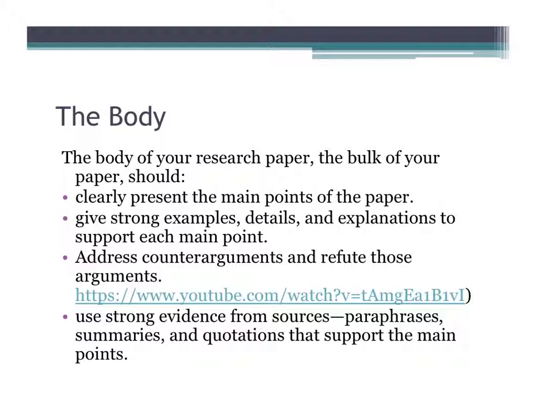This will come from your support from your outside sources, but also your own explanations, connecting those sources to your ideas. You're also going to make sure that you address counterarguments and refute those arguments. I've included in the lesson this video again, the one about organizing a strong logical argument. And make sure you use strong evidence from your sources. You can paraphrase, you can summarize, or you can quote, but you have to use those sources to support your